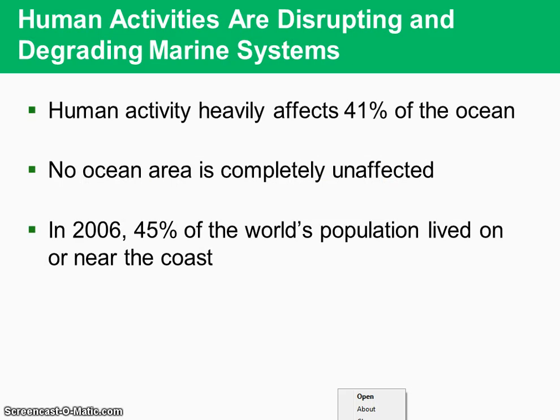Human activities are disrupting and degrading marine ecosystems. Human activity heavily affects 41% of the ocean. No ocean area is completely unaffected. And then in 2006, 45% of the world's population lived on or near the coast. Now, the disparity here is that human activity, we said right now, is affecting 40% of the ocean with no